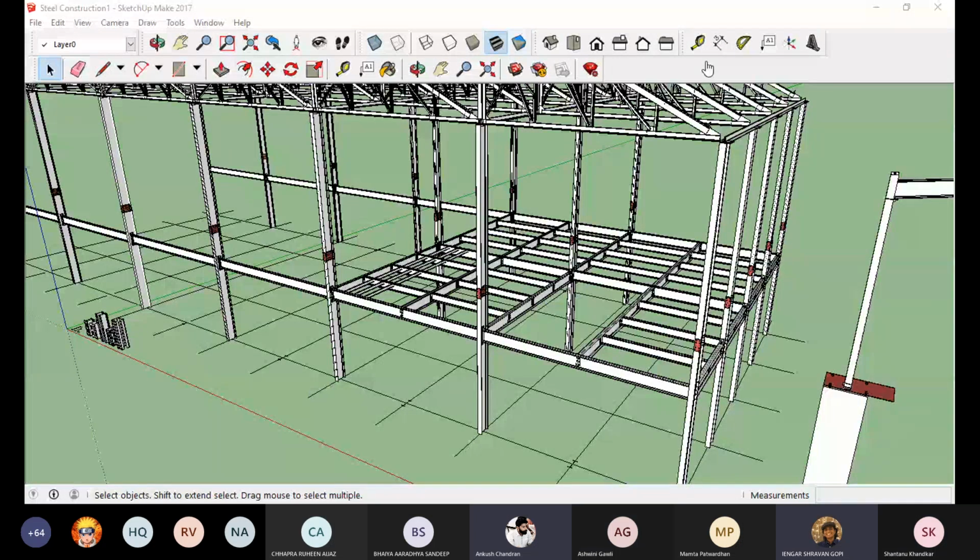Could we have the SketchUp file, or is it too large to share? The SketchUp file is mine, so I won't be sharing it. But no, I'll share the SketchUp file, not a problem. I'll see what the size is. If it's too large, I'll truncate some of the groups and components and try to share it. Or just share the video only? I'll share the video also. Yeah, that's fine.